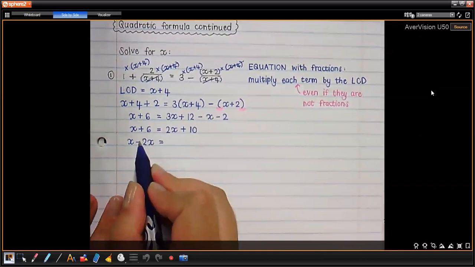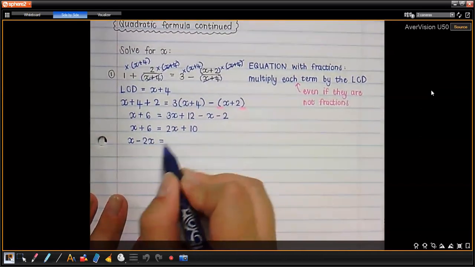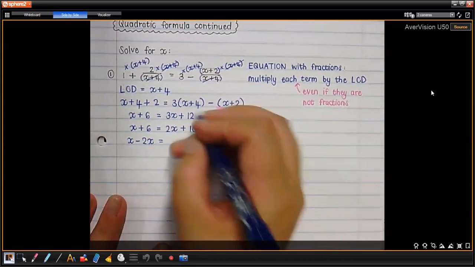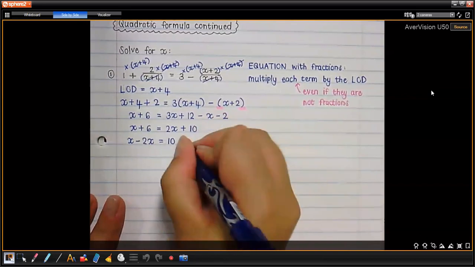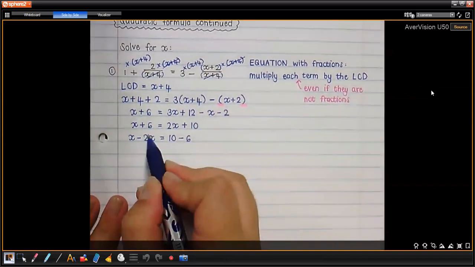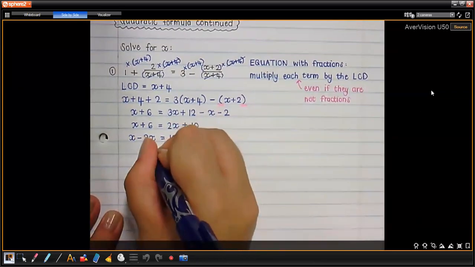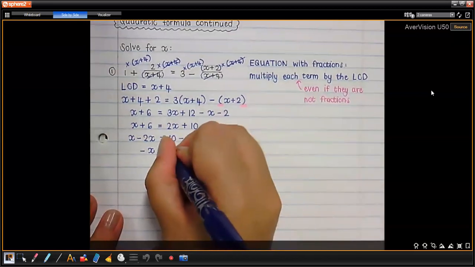You don't have to write this down. I just like showing all steps so that people follow what I'm doing. So I'm just moving all the x's to that side, right? On this side, I already have a 10, but then this positive 6 is going to become minus 6. Okay, what is x minus 2x? Negative x, okay, good. And 10 minus 6 is